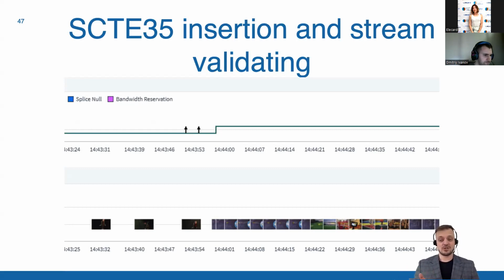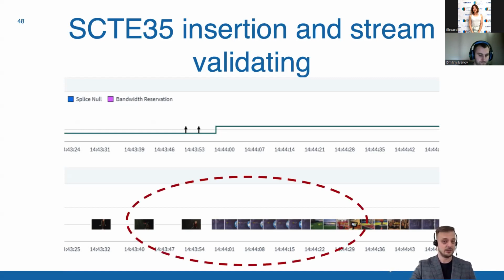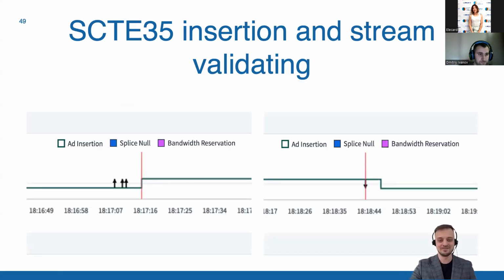But Boro takes screenshots every few seconds, which is fine. But if you're trying to find an issue or to detect an issue, or you need to see a specific point where an ad is inserted, a frame every second is not going to work because it cannot predict when it's going to be inserted into the system itself. So when Boro detects a beginning of an ad segment, it switches into a turbo mode and starts to take snapshots every single frame. With every single frame, we can confirm that there is the ad insertion, that it was done properly, there are no issues, there are no problems, and the ad is played as it should, as you can see below here. Again, this is done by detecting the SCTE-35 markers.